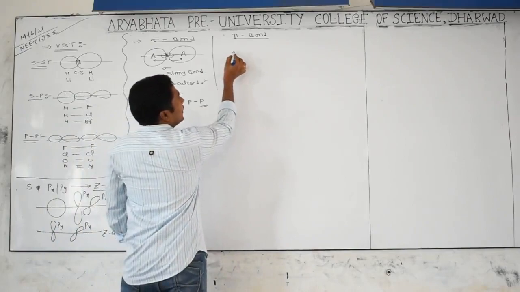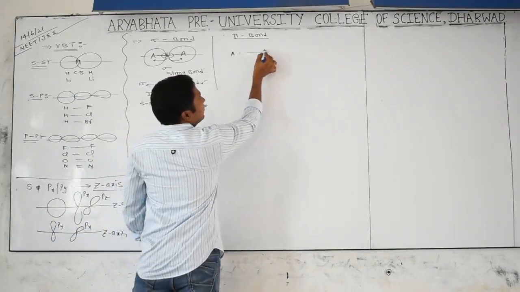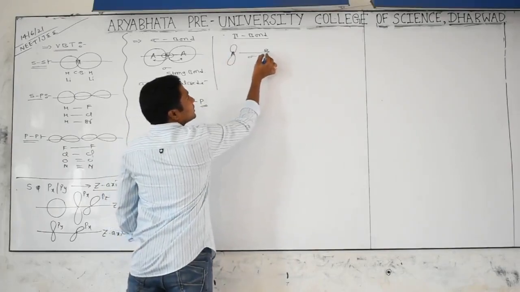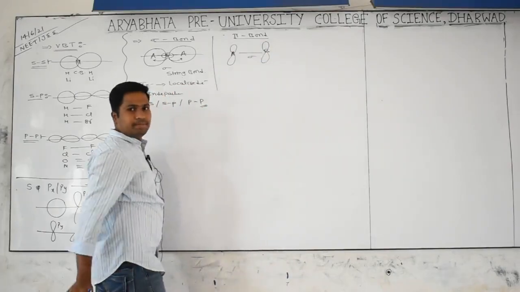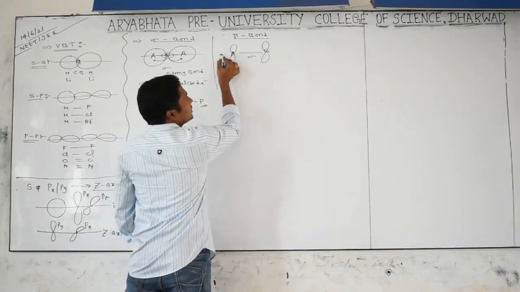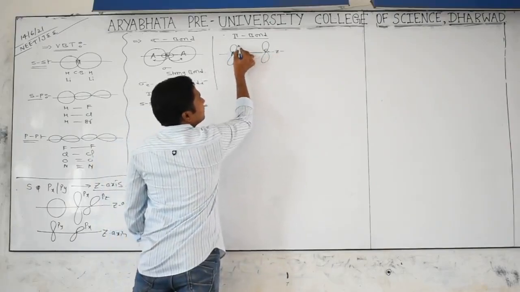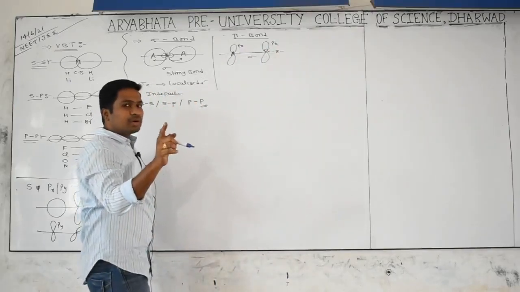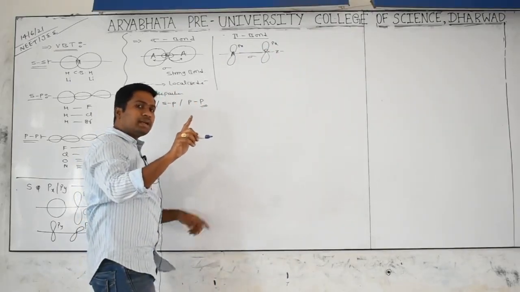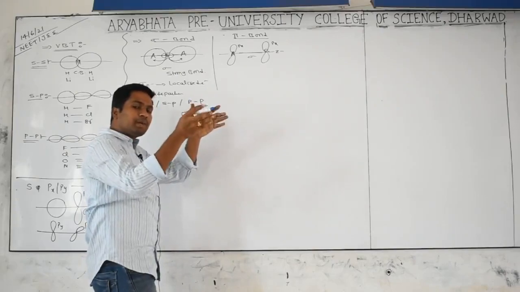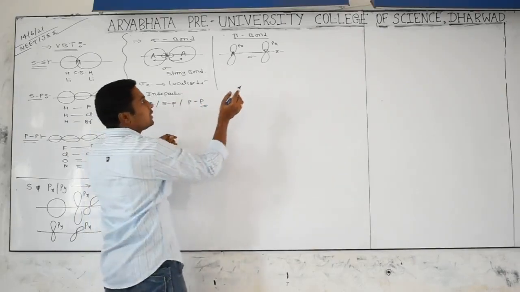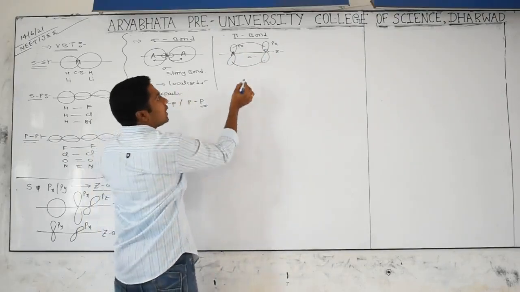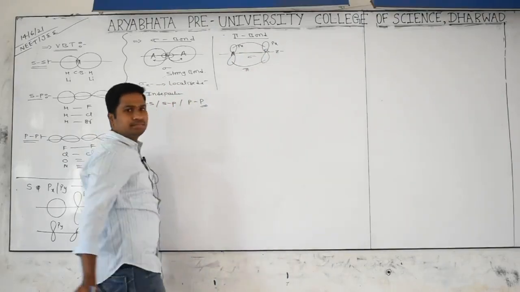Pi bond means atoms are already held together by a sigma bond, still the atoms have some atomic orbitals on them. For example, this is the z axis, this is the px, and this is also px. Already two atoms are connected through a sigma bond, then the remaining orbitals are parallel to each other and perpendicular to the internuclear axis plane, and they are involved in sidewise overlapping. Sidewise overlapping will give a pi bond.